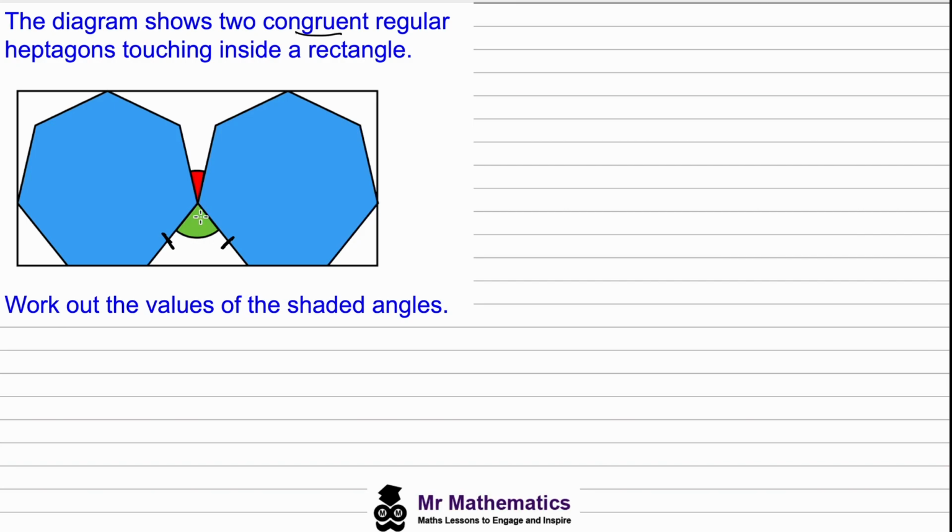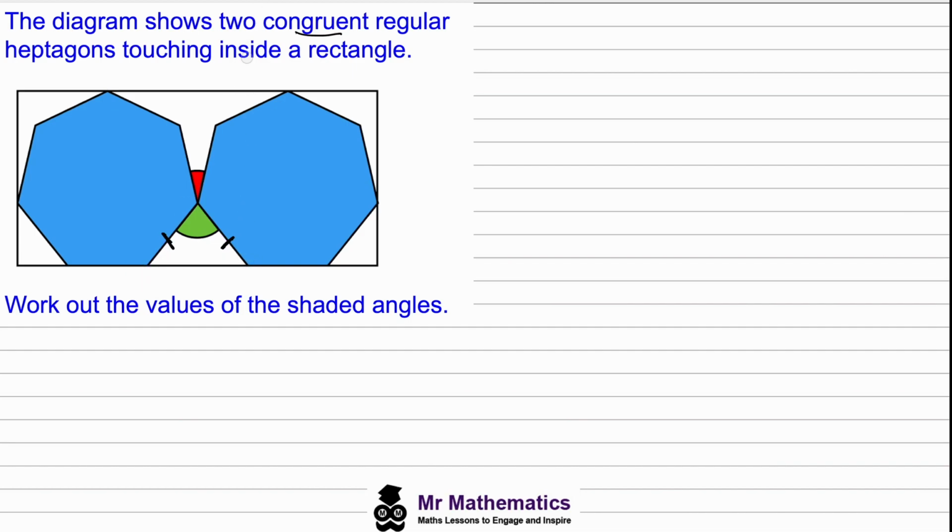Okay, so welcome back if you had a go. So we know this is an isosceles triangle, because if I just use a highlighter, you can see that this line here would be the exterior angle joining this interior angle. And you would have another exterior angle on the other heptagon, so here. So each of these two angles must be equal because they're joined by congruent heptagons. So we can work out this angle,